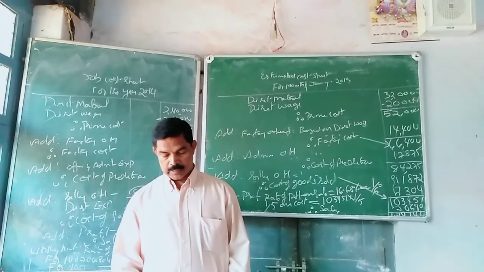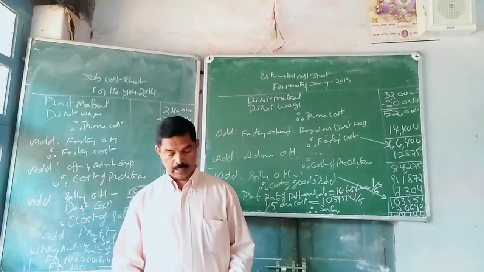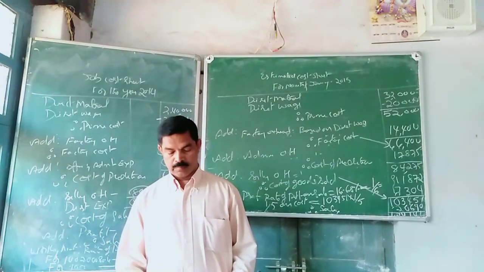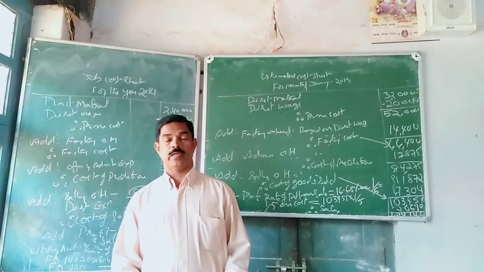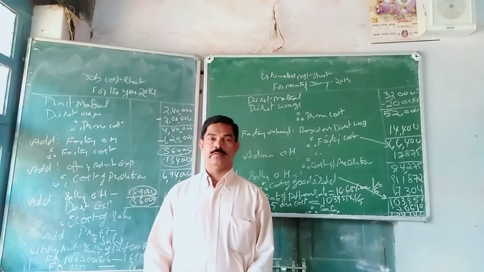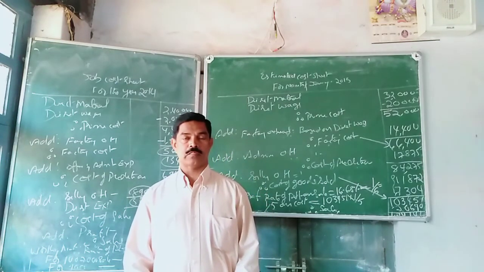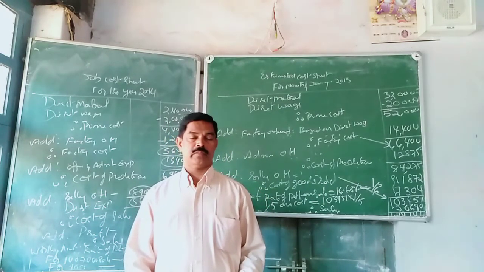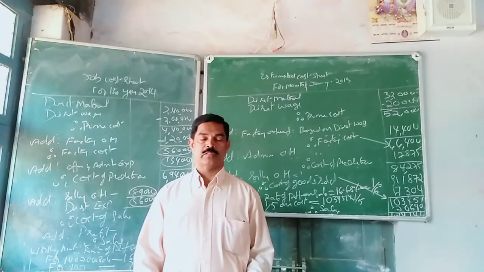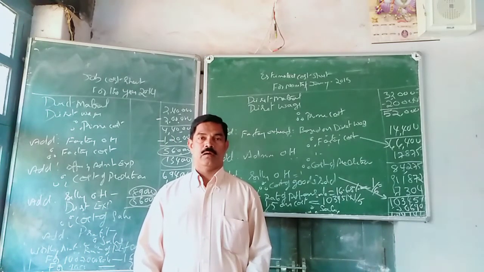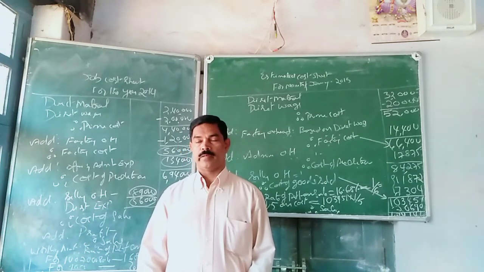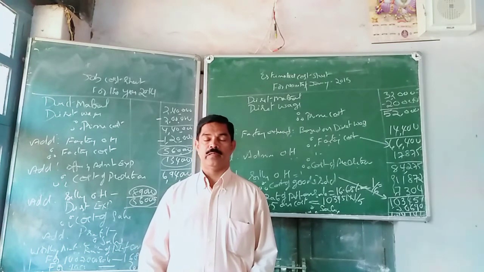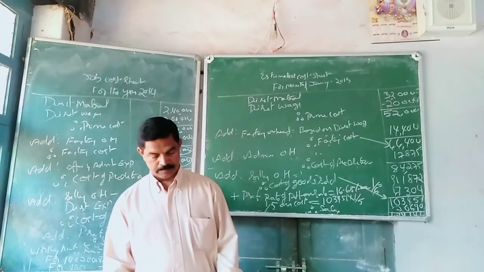An impersonal cost center refers to a cost center which consists of a location or item of equipment or group of these: machines, departments, vehicles. Impersonal means not personal. An operation or a machine is an impersonal cost center. When we calculate the cost of running the machine, it is impersonal cost calculation. A location, a place or a department, and the cost of a department, is also an impersonal cost center.